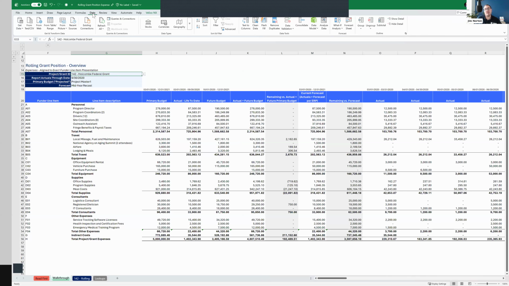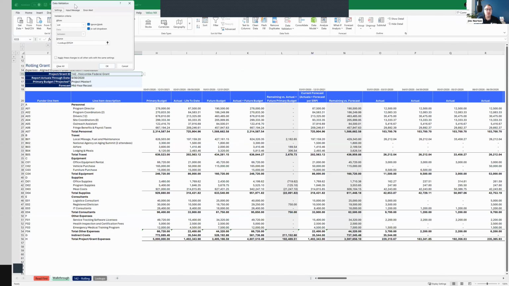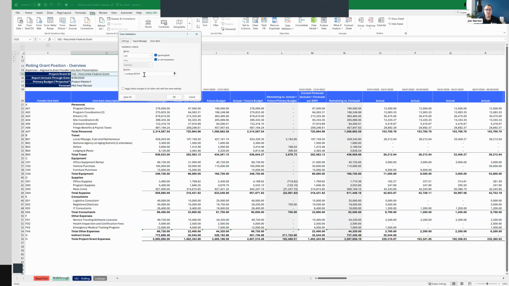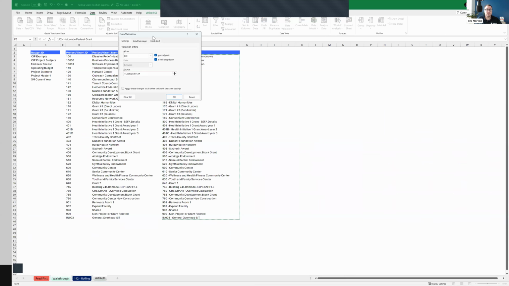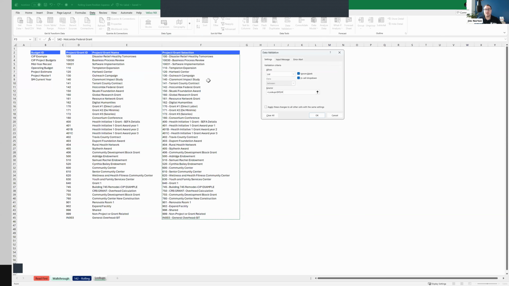Using regular data validation, which is standard Excel functionality. So when I look at my data validation, this list is simply pulling from the project or grant list here, which is an array. So this list will actually automatically update and contract and expand itself based on changes that you make in Sage Intacct.